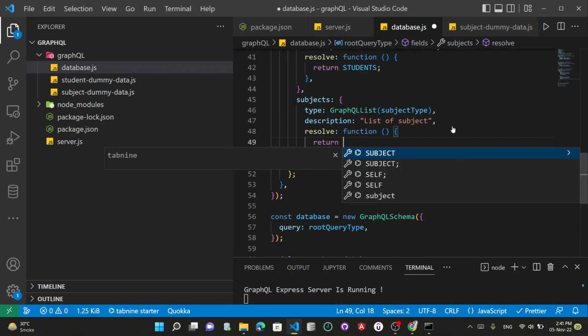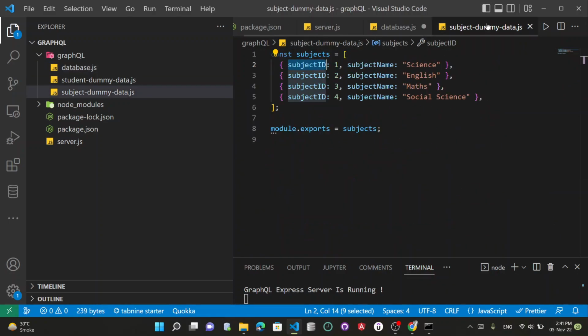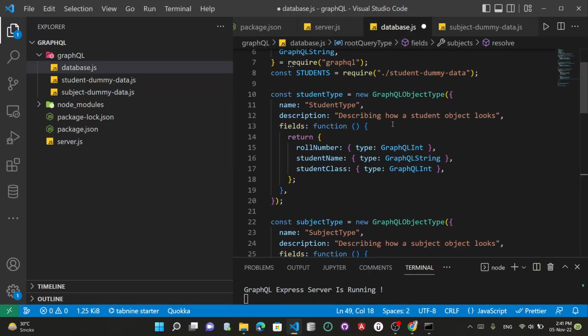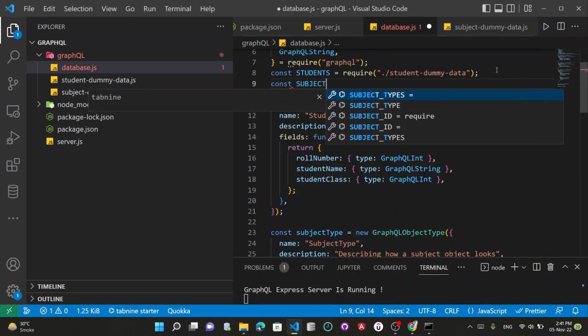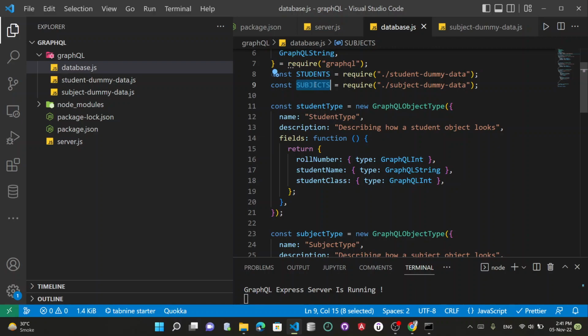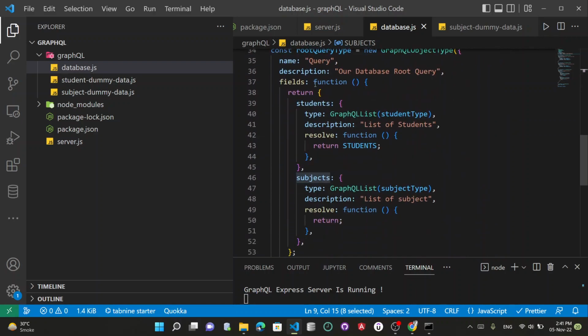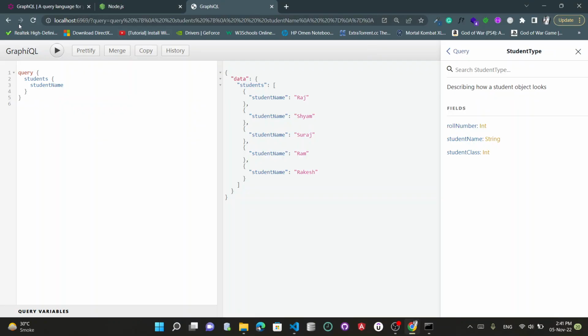And just now to return this thing, you need const subjects is equal to require, from here subject, and then simply return those subjects from here. Okay, and now if you reload,